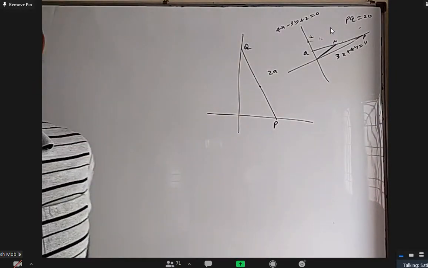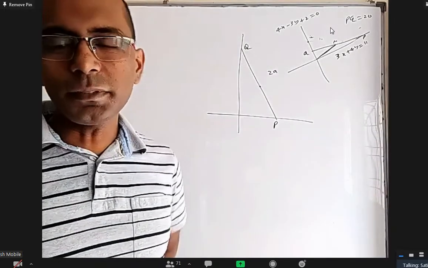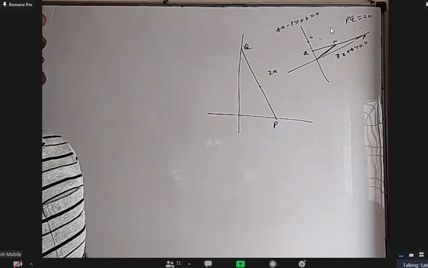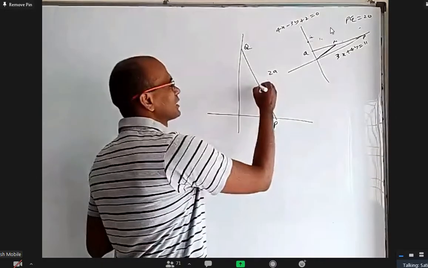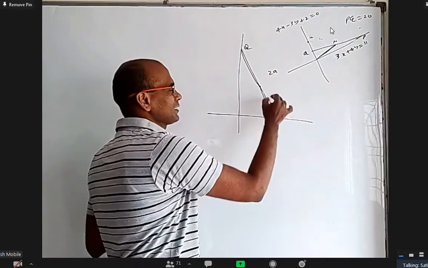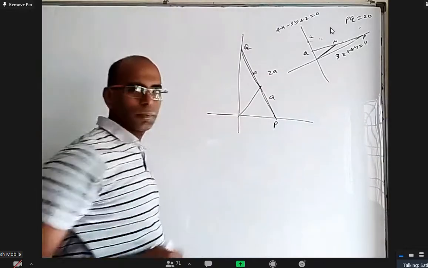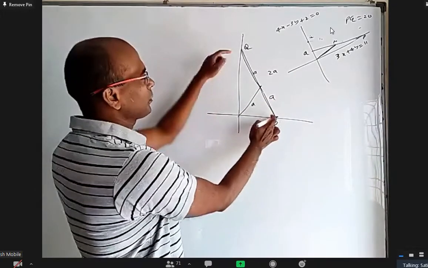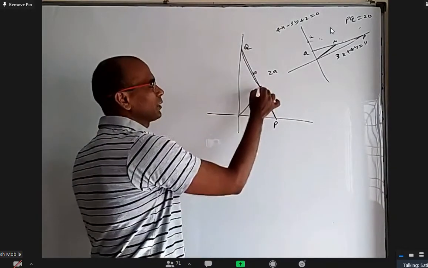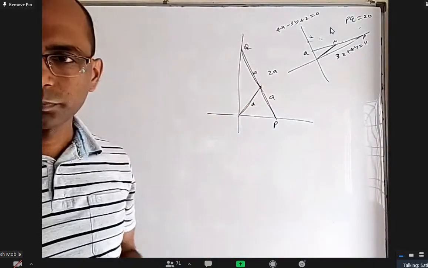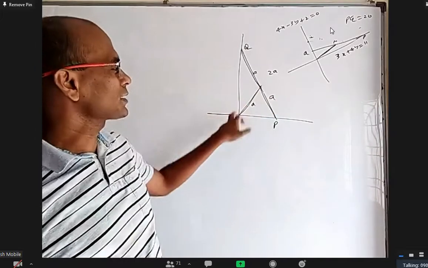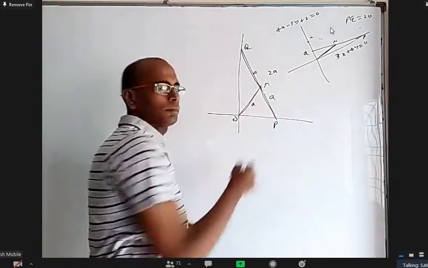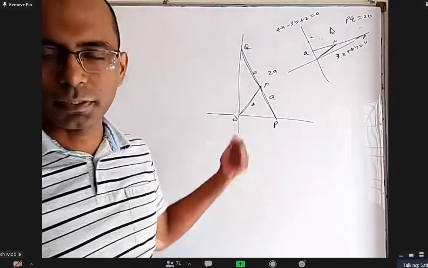In a right angle triangle, which point will be the circumcenter? Yes, sir. Midpoint of the hypotenuse. So if this length is A and this length is A, what will this length be? A. That means even though P is moving, Q is moving, M is moving, this length is always A, right? Yes. That's why the circle has this as a center and radius A because OM is always A. So x square plus y square is A square here.